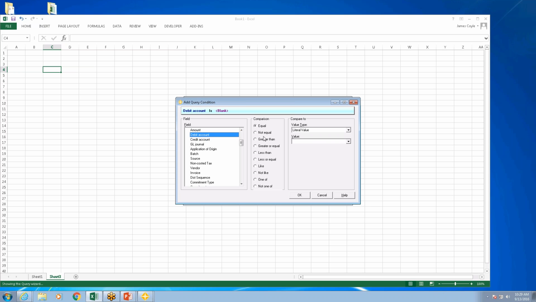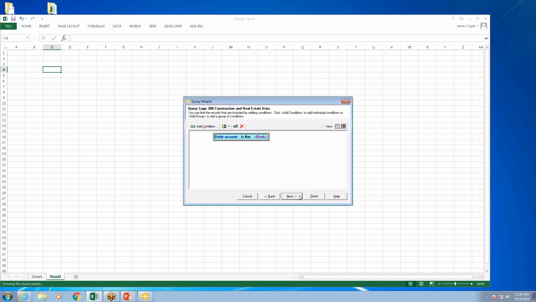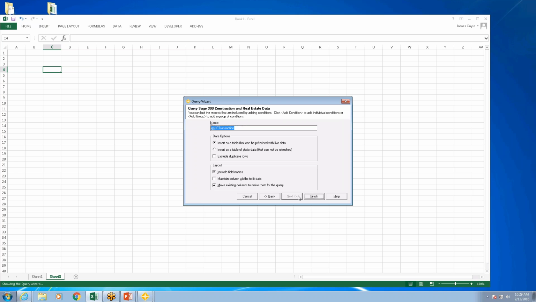So I'm going to say that the debit account is not equal to blank. Don't put anything there, and that's a null value right there. Okay, so the debit account cannot equal blank. Then I come here to the last screen, and I'm going to tell it to exclude duplicate rows. Now I would probably edit this query name right here, and I'd say, you know, distinct